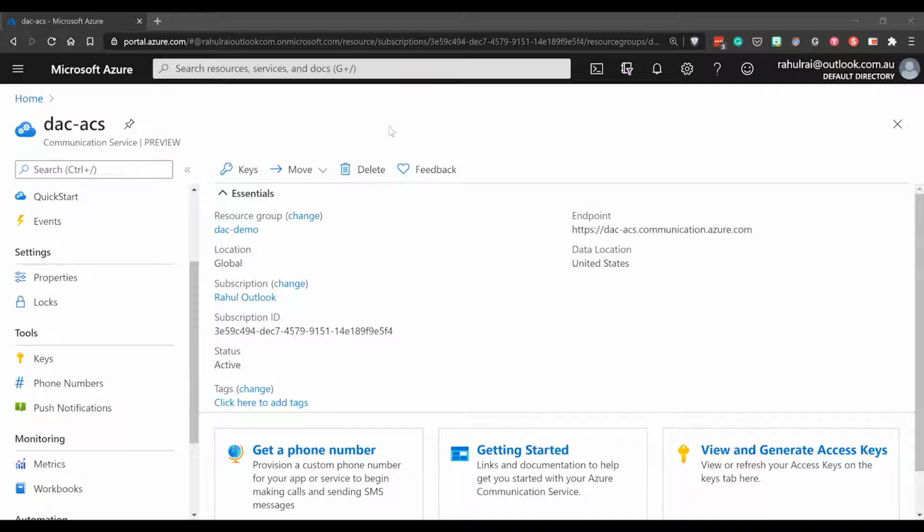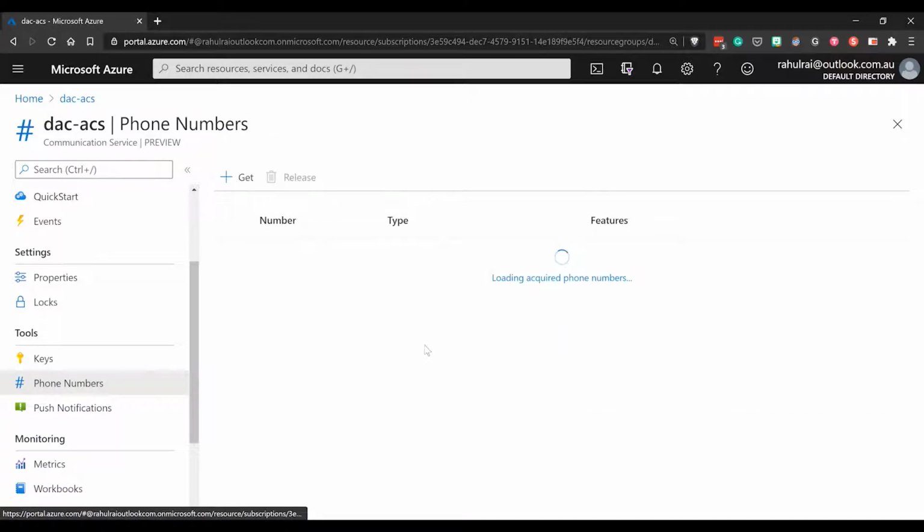While we are on the Azure portal, let me also give you a glimpse of the Azure Communication Service. This service is still in preview, and it helps you build applications that require calling and SMS as features. In order to work with this service, you need to acquire a phone number. Currently, this service is only operational in the US region.